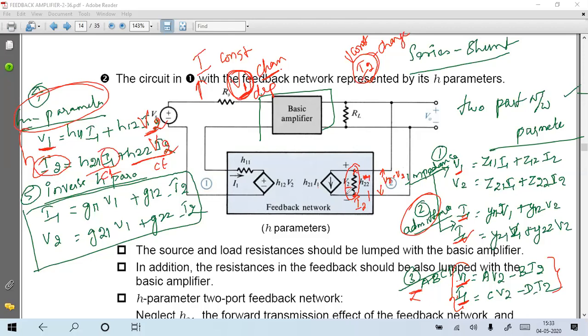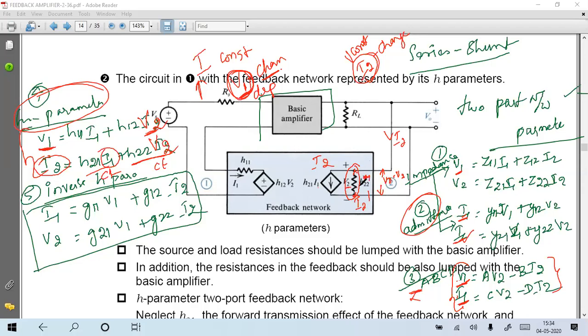So what is the corresponding value? That corresponding two value will give I2. Correct? Two currents are added. That is why it should be in the shunt nature. So input side is over. What is the current flowing? I2. This I2 current is nothing but H22